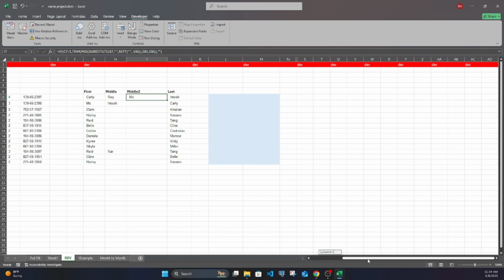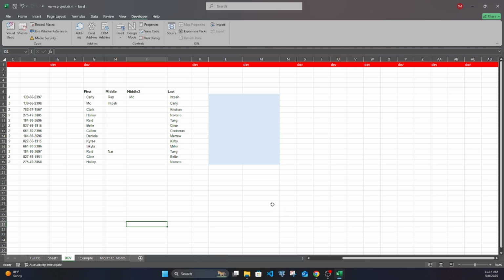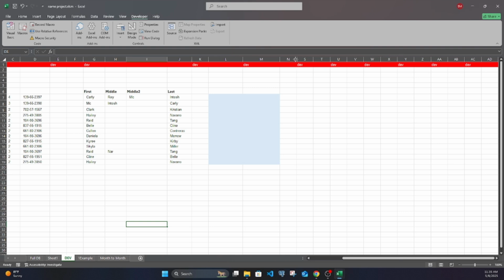And after we have our names broken out into individual columns, we're going to open up Visual Basic and create our macro. What this does is we find the last row right here. We create a double for loop. This is a nested for loop with a for loop inside of it. And how this works